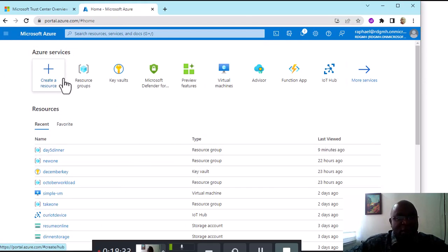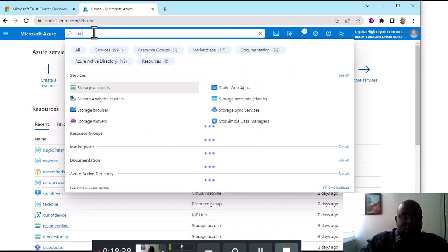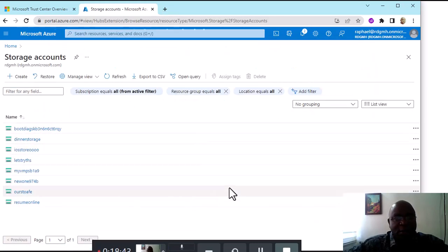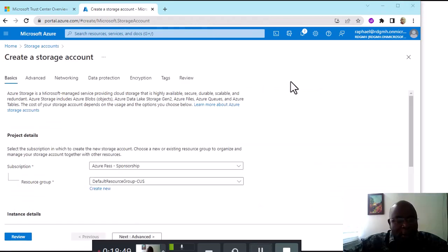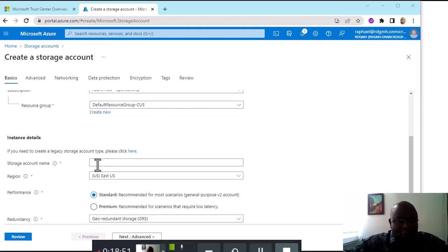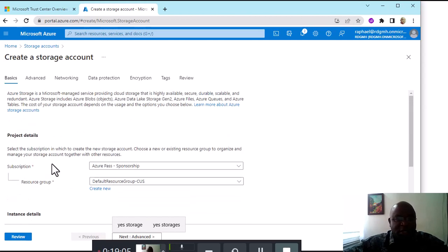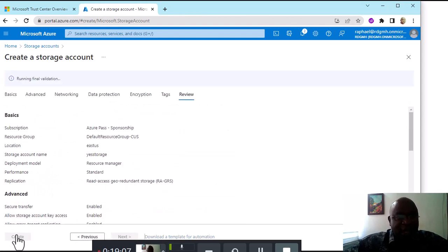One of the easiest resources to create would be a storage account. So I'm going to put storage. Okay, so this is our storage account. We're just going to go with the default. We'll give it a name. Let's call it yes storage. Mind you, the names are random, so don't take it too seriously. When you're creating your own, you can give it any name you want. We are just interested in making sure that